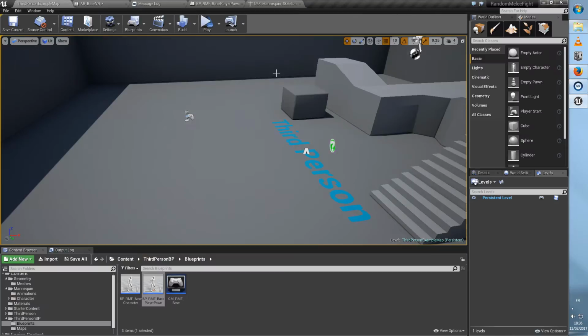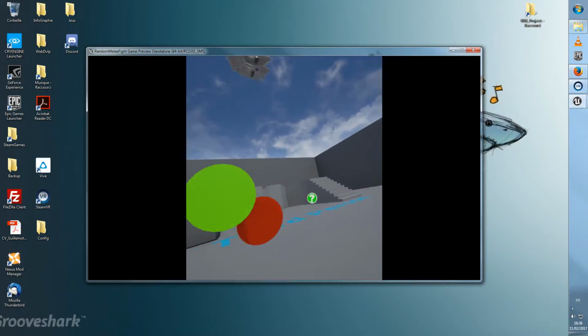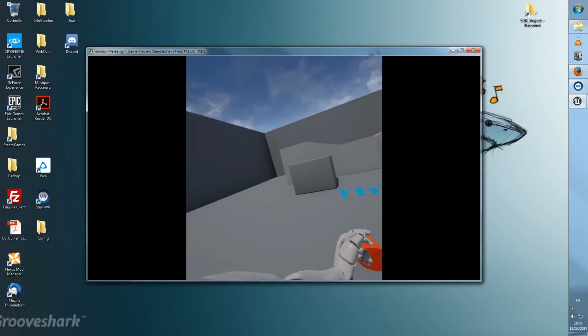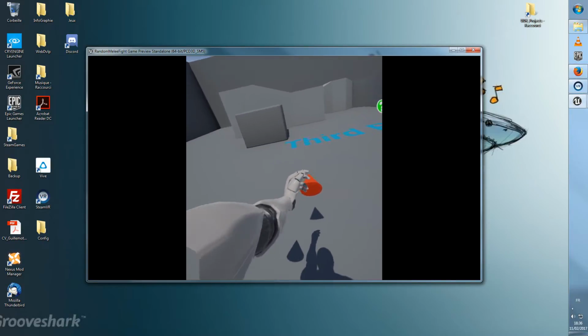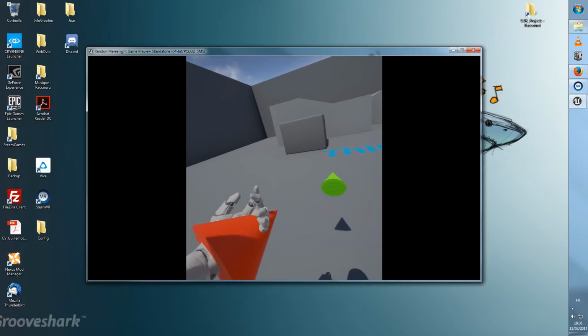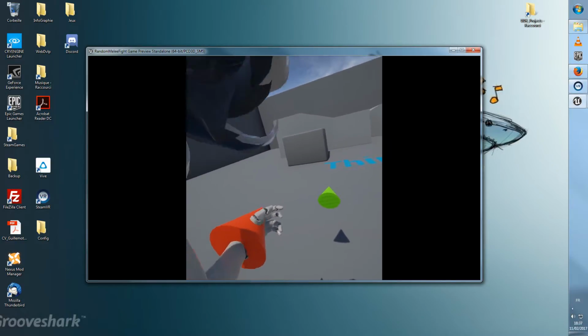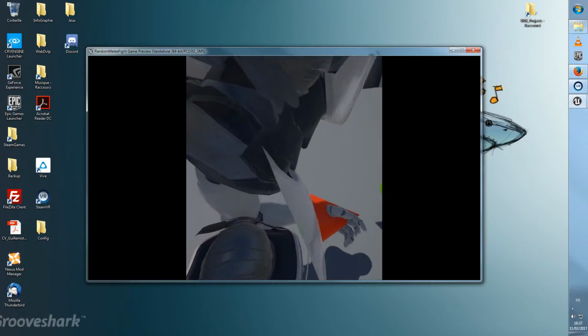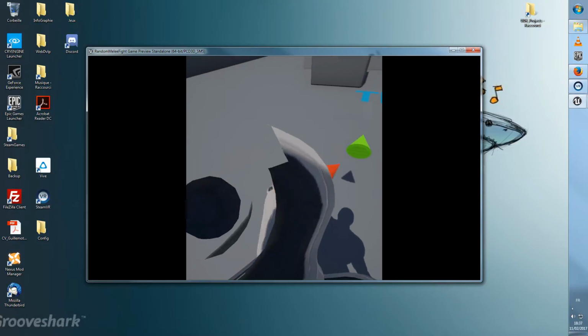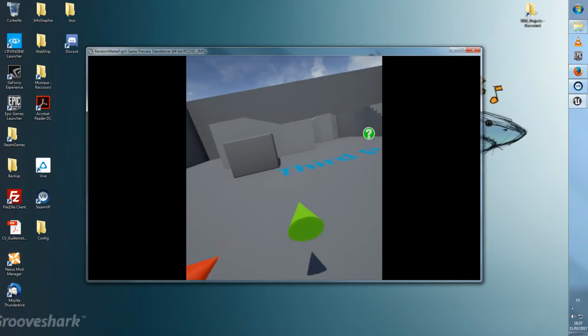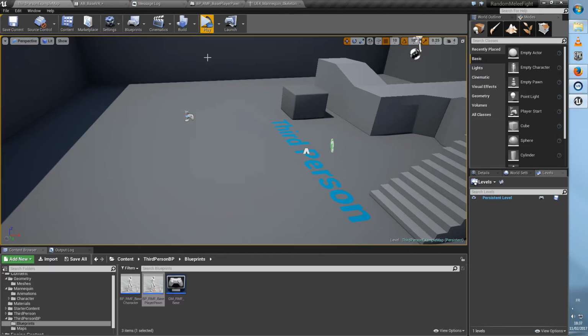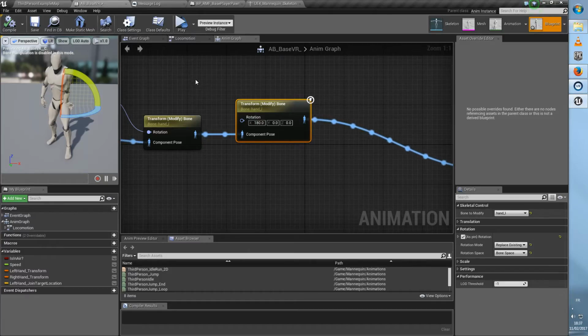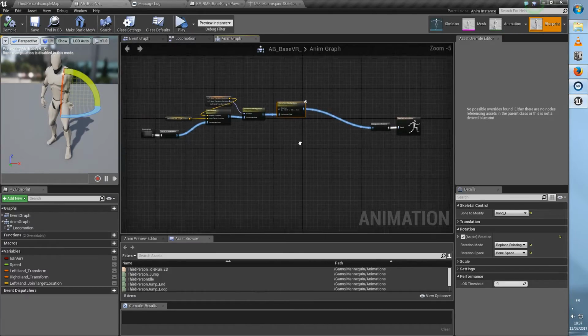And normally if you hit play again and you get your hand, and okay, it's the wrong one. Okay, thanks. And now normally if you move your controllers, it should be good. As you can see, you have your hand following pretty well. So everything works fine. You just save everything,